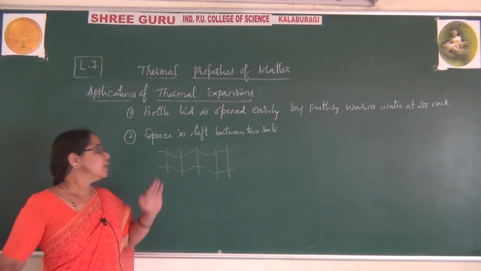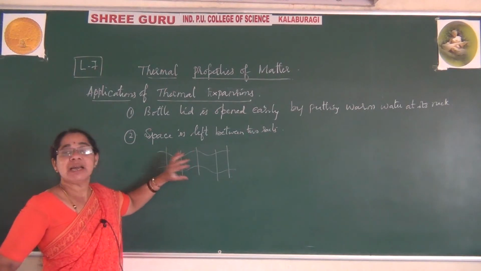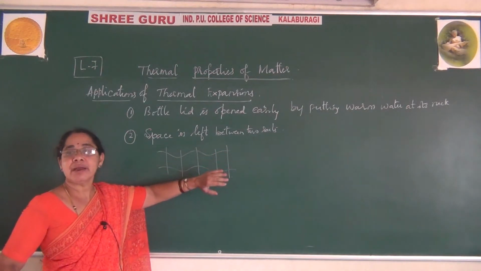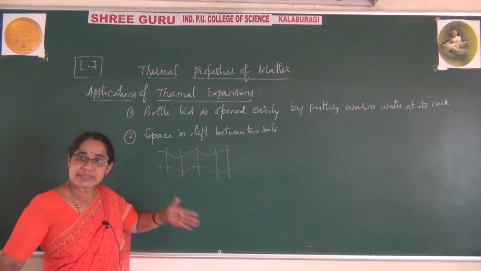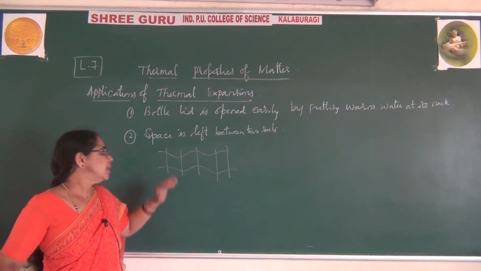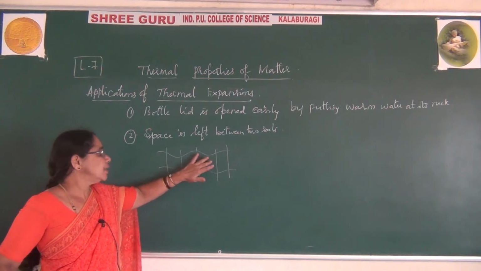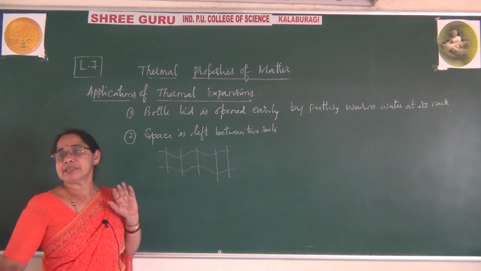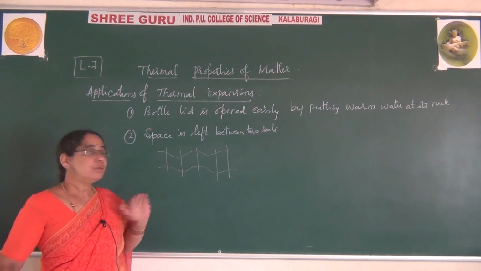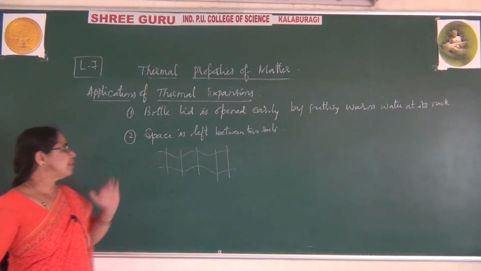We are using the space between the two rails, and at the same time, we are placing fish plates. The fish plates arrange these rails one after the other, due to which even if the rails expand during summer or contract during winter, that will never disturb the rails. That will never cause the train to meet with an accident. That will make the train move smoothly over these rails. Right? This is one point.